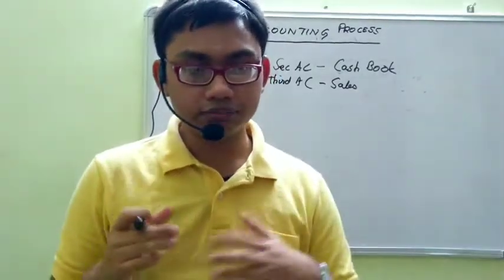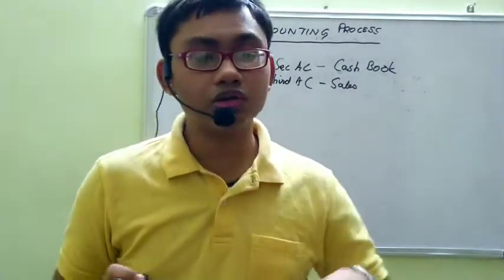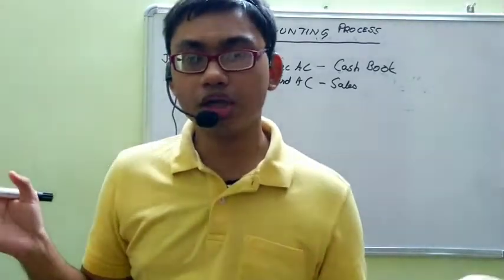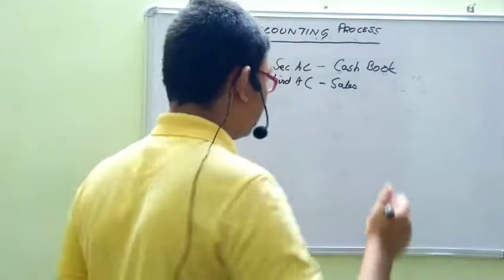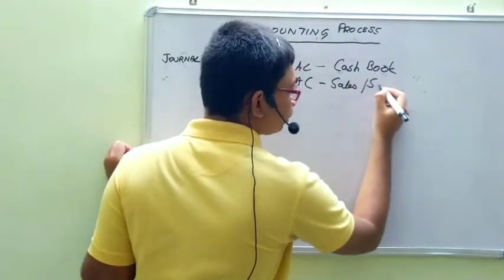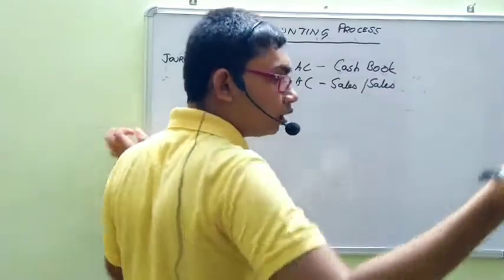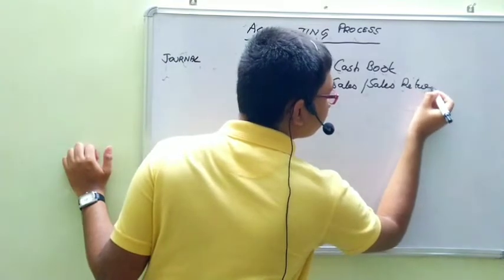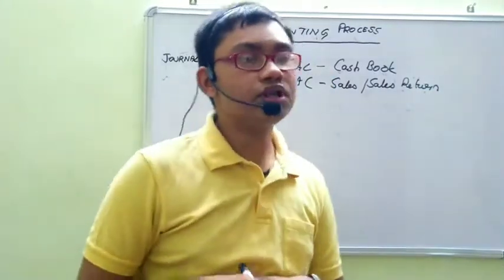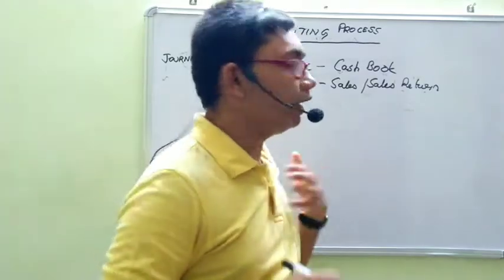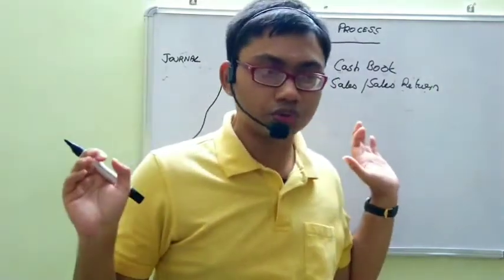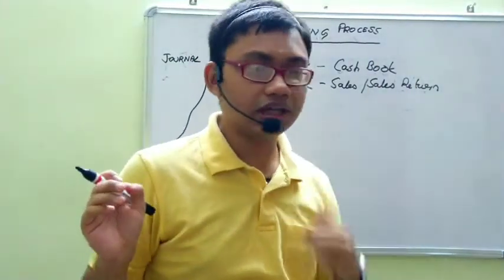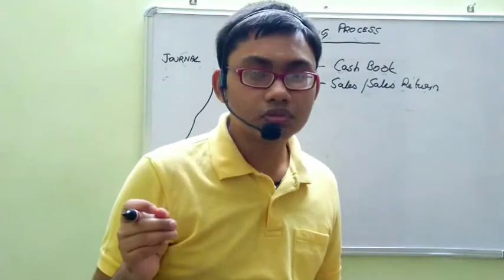Besides this, in combination with the sales book, we can also add the sales returns book. Because if any person is cancelling, this will be recorded in a different book which is called the sales returns book. If we are getting returns from a customer, it will be recorded there. Now the question you will be asking is, I am doing a credit sale. It will be recorded in the sales book, no issues. That person is returning some goods back to me. I will record it in the sales returns book.